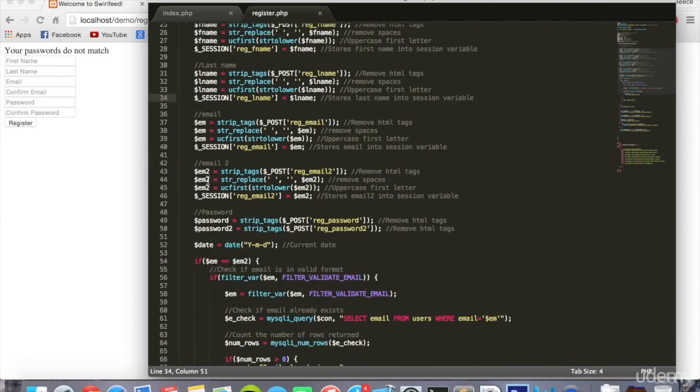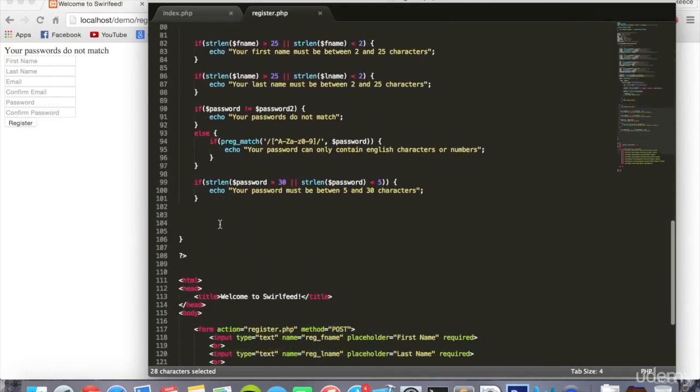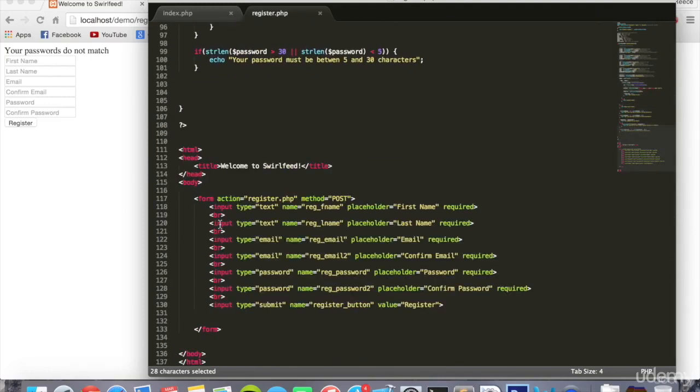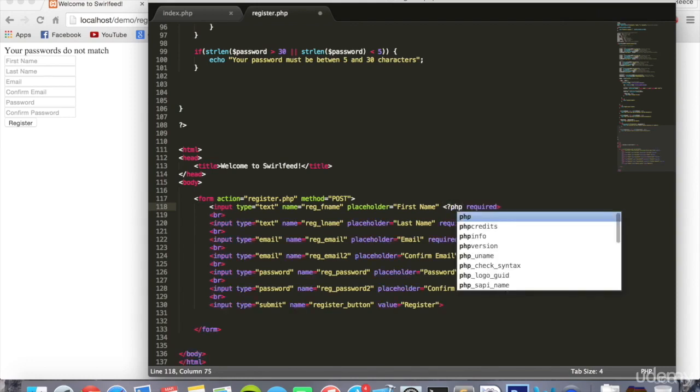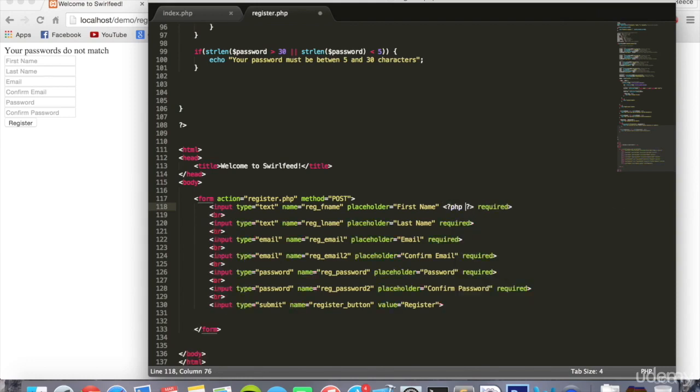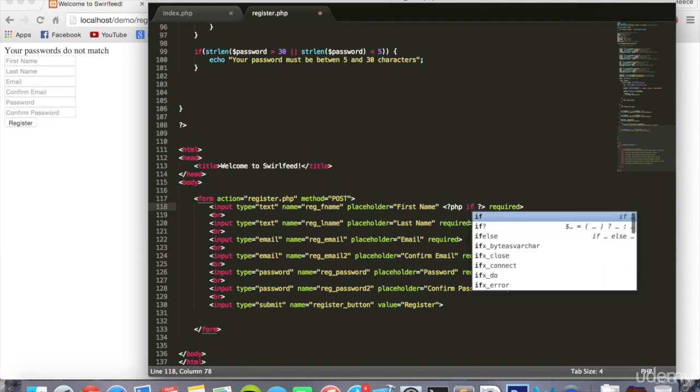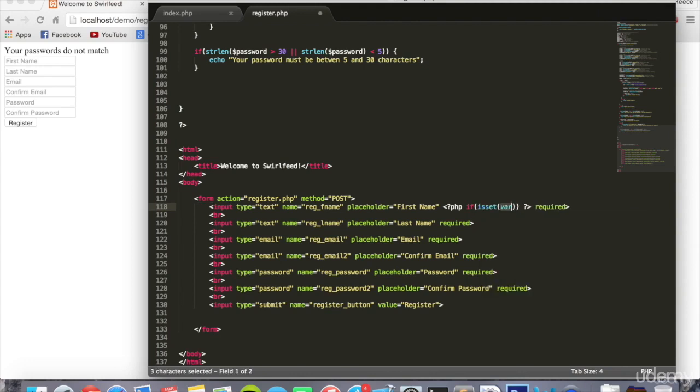So now, when you submit the form, it will store the values that you entered inside session variables. And what we can do with them is if we scroll down to our input fields, we can do something really simple. We can put the PHP tags inside of this input field, like this, PHP, and put the closing one on. And then we can put any more PHP code we want inside here. And what we're going to do is we're going to say if isset $_SESSION square brackets with the single quotes reg_fname,